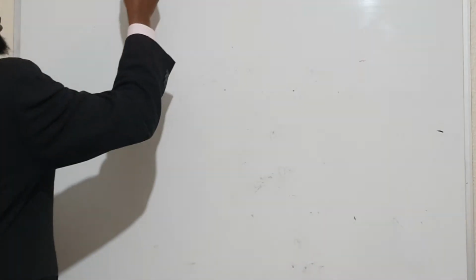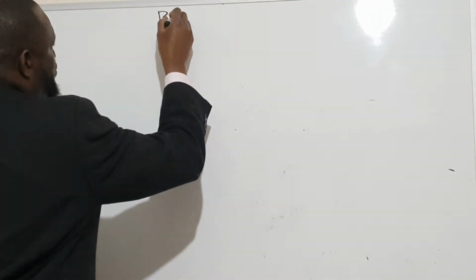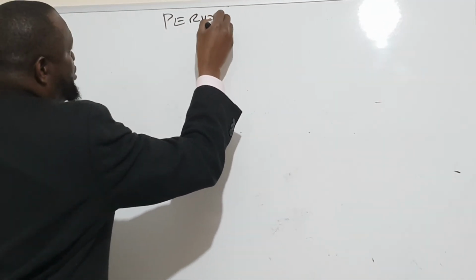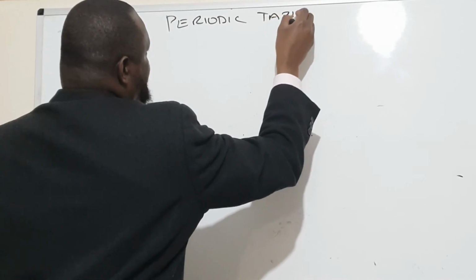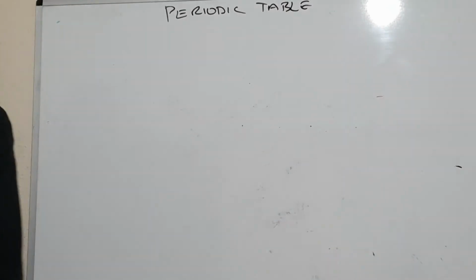Okay. Our topic is the periodic table. We have done the periodic table before, but we're now looking at it closely. Okay? Now we said the periodic table is just an arrangement of elements in a determined order. Okay? The recent periodic table, or the modern one,